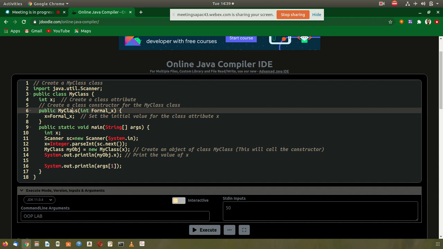The constructor's initial values we have to give from inside the program. That means the program has to be modified if you want the program to have different constructor values.